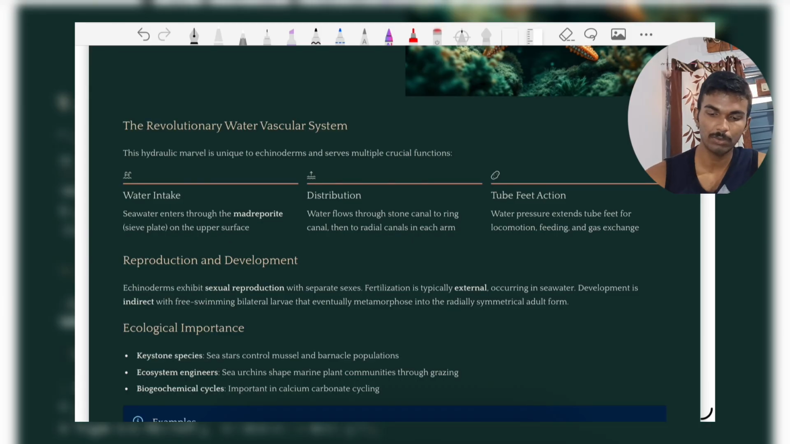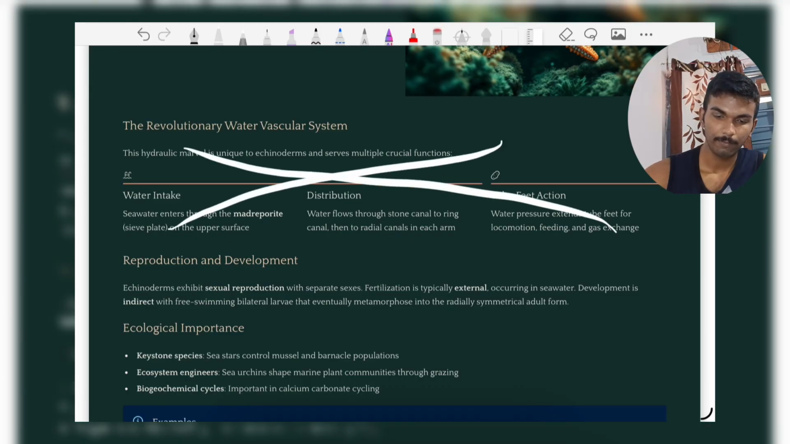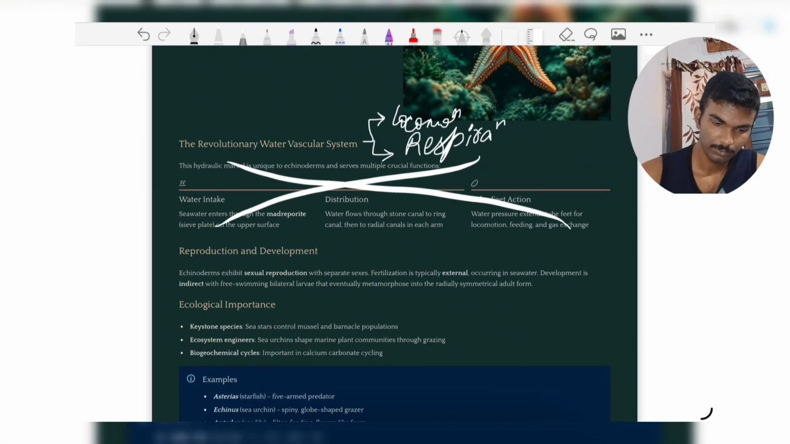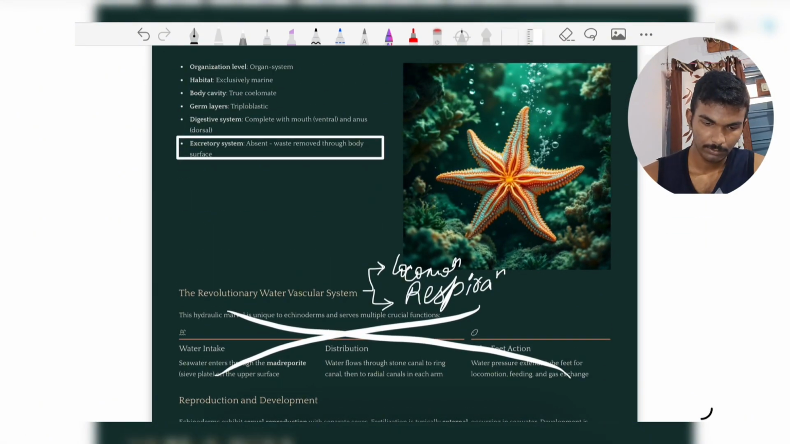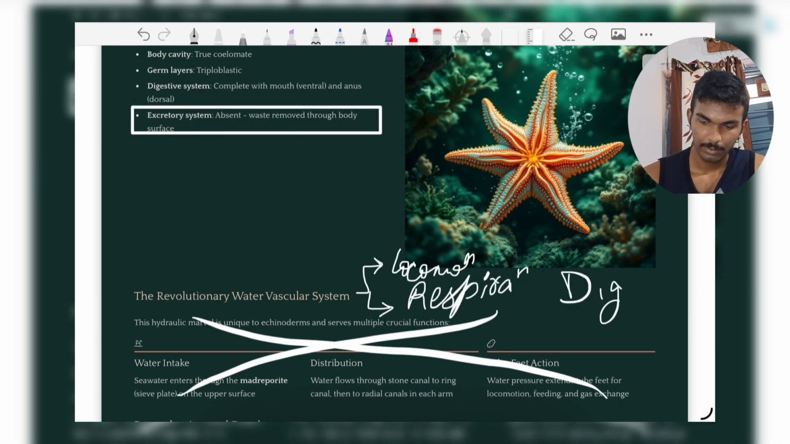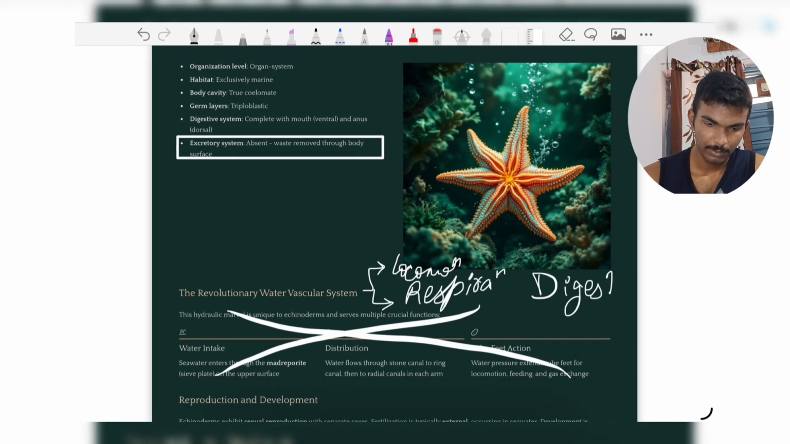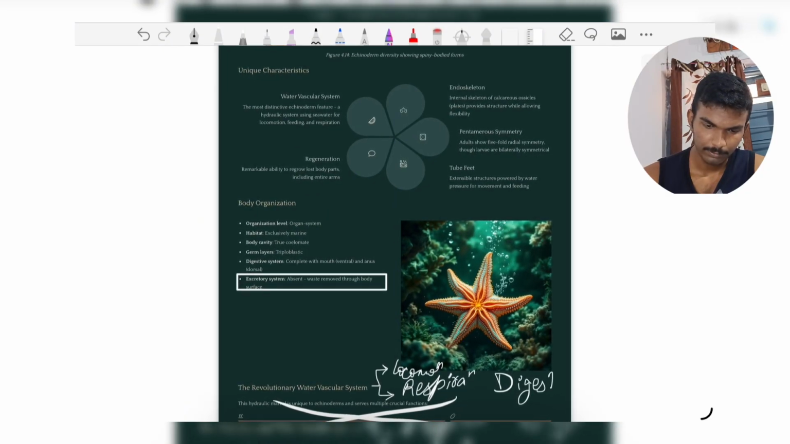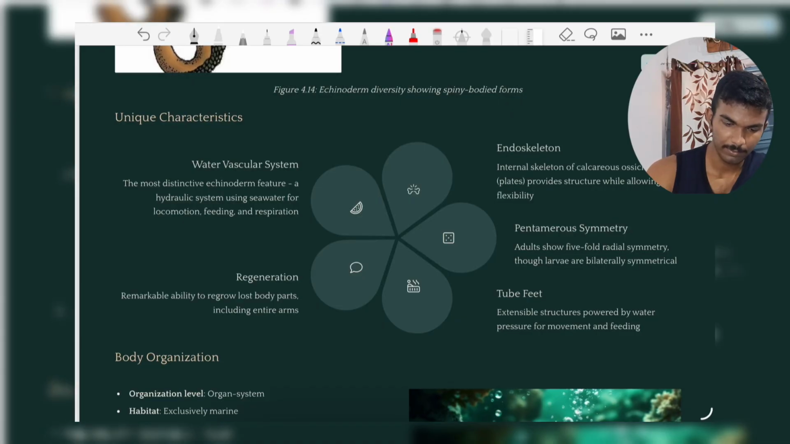And their functions, as you know, for locomotion, respiration, and digestion. Here, as you can see,